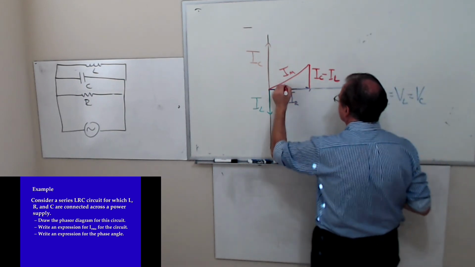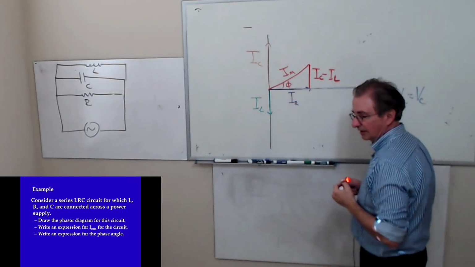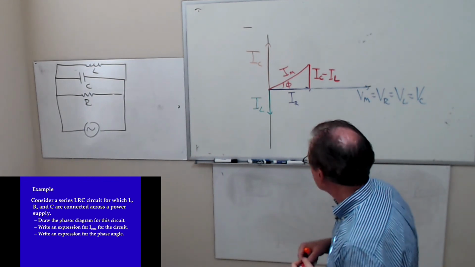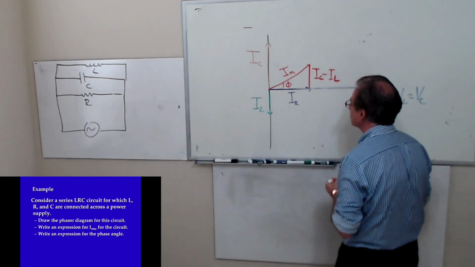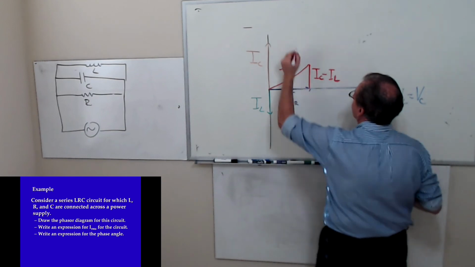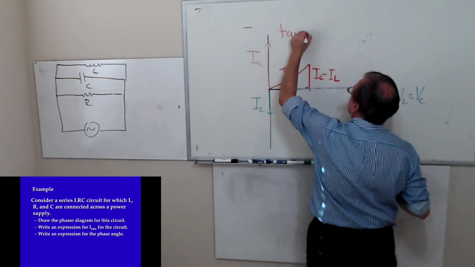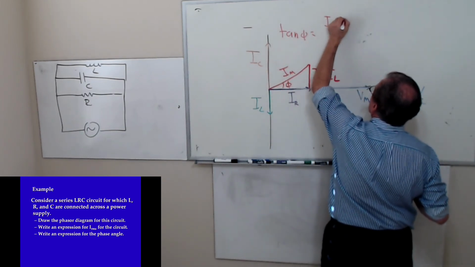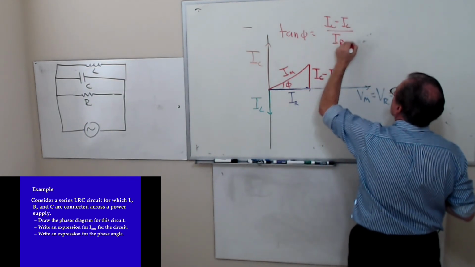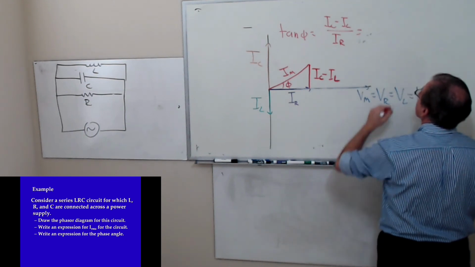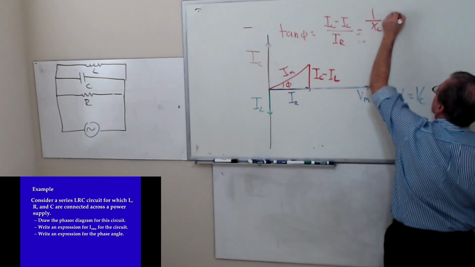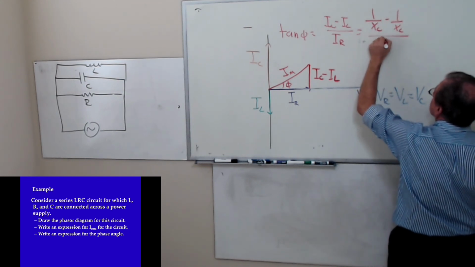And there's your phase angle. Okay? That's my phasor for the parallel RLC circuit. And so tangent of phi is going to end up being, because they all have the same voltage in common,